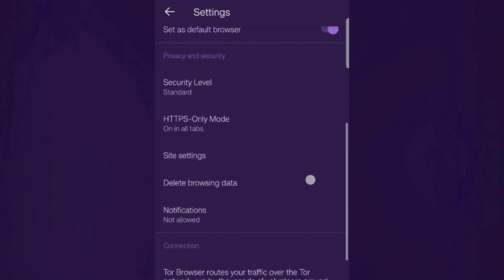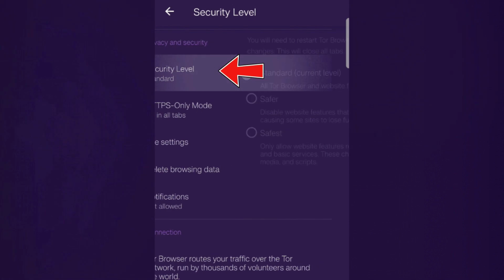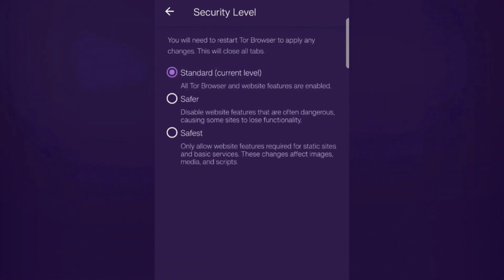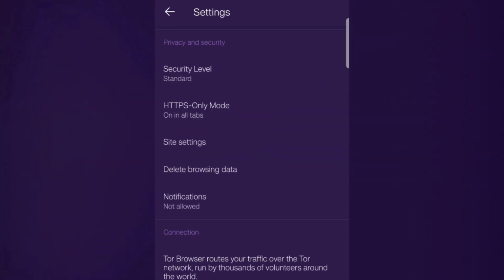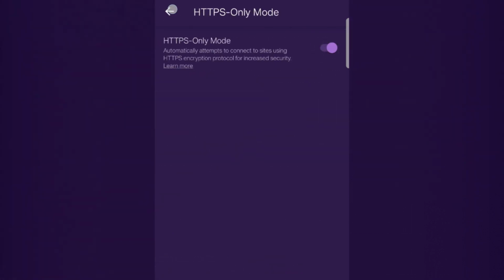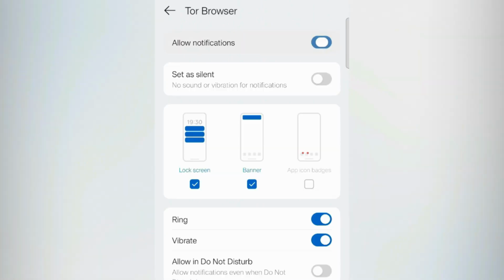Now comes the main setting here, privacy and security. Tap on security level, it's on standard. If you want Tor to be more safe, go to safer option, but it can break some websites. So let's set it to standard, go back. And make sure to enable the HTTPS mode, enable this option, go back, allow the notifications, allow, go back, scroll